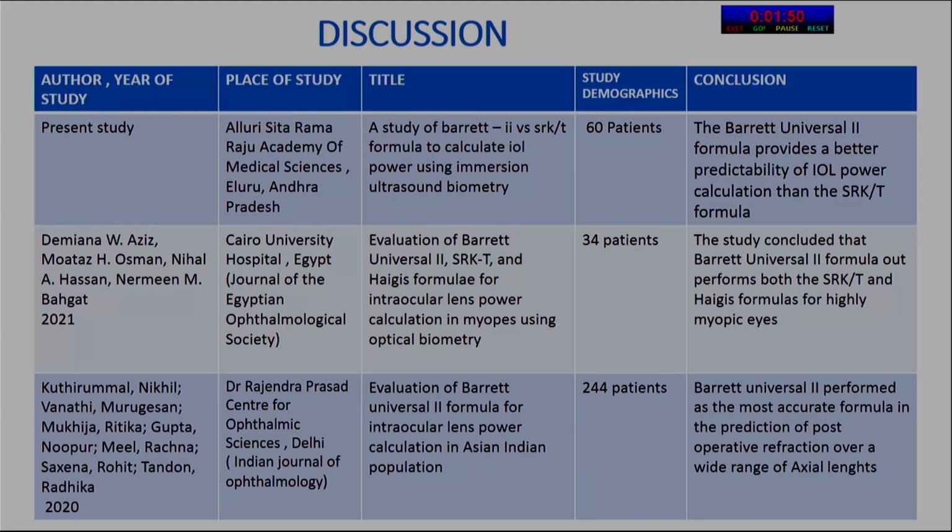In the present study, with 60 patients, the conclusion is that the Barrett Universal formula provides a better predictivity of IOL power calculation than the SRK/T formula, whereas in Demian et al., including 34 patients, the study concluded that the Barrett Universal 2 formula outperforms both the SRK/T and Hoffer Q formulas for highly myopic eyes, whereas in Kutimilal et al., 244 patients included, Barrett Universal 2 was the most accurate formula in the prediction of post-operative refraction over a wide range of